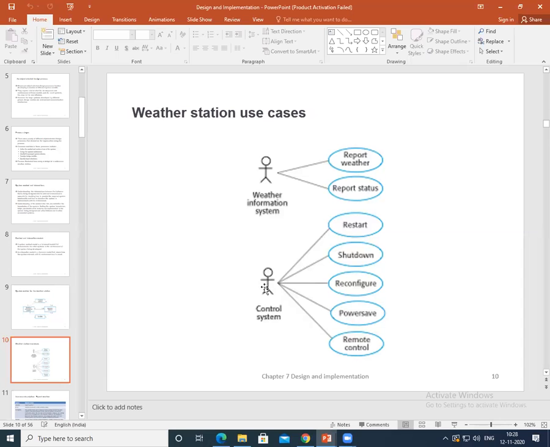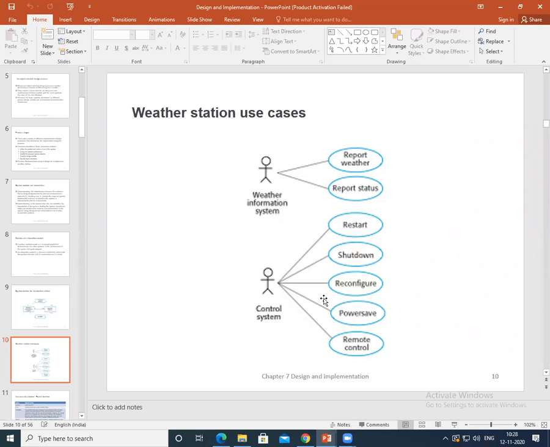Similarly, the actor who controls the system, such as power save, remote reconfigure, shutdown, restart of the system, all these terms are concerned with one of the actors. So analyzing this, that is the weather station use cases, what all the use cases are being used and the actors which are connected to it, has been shown, right?